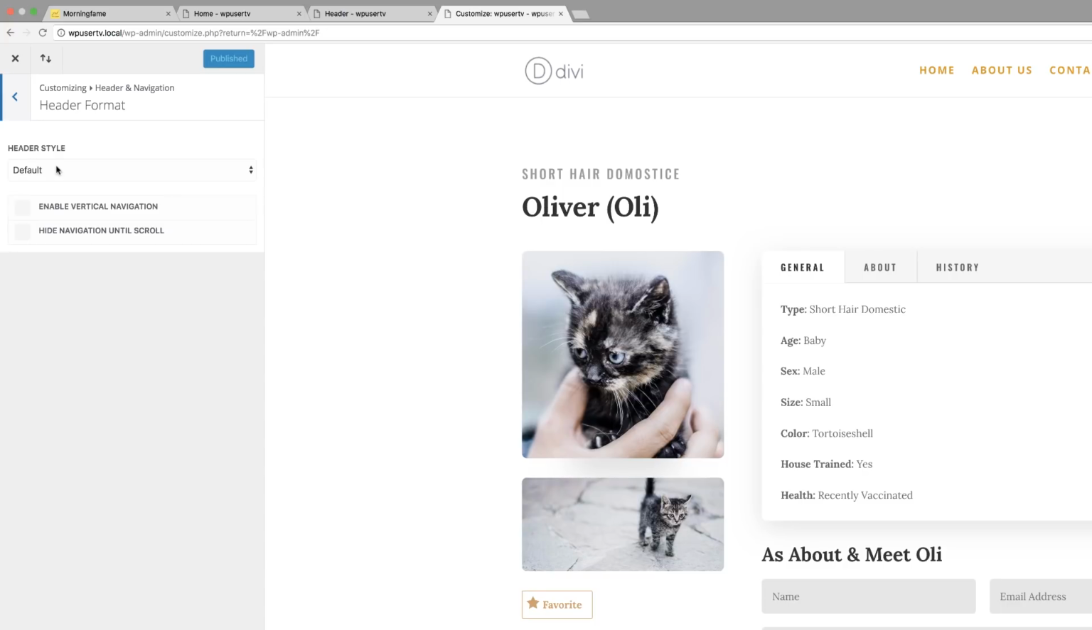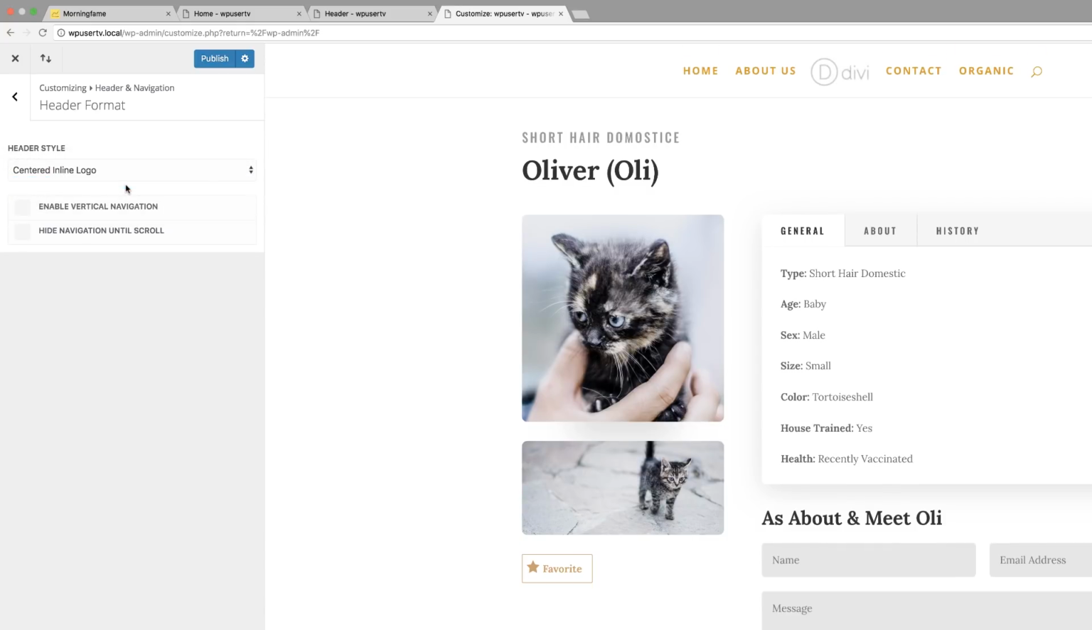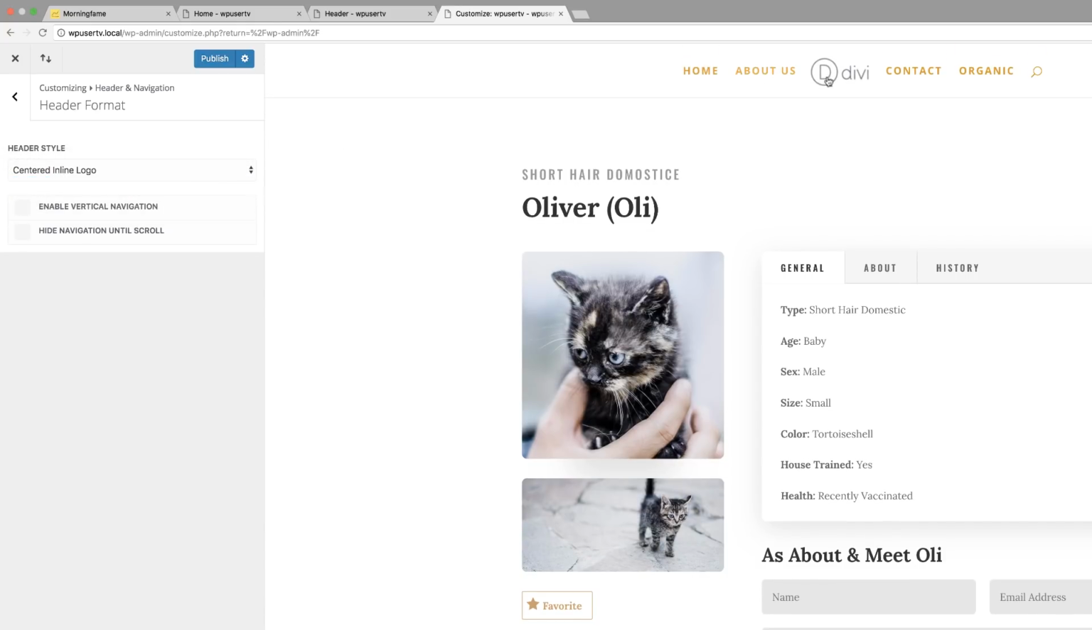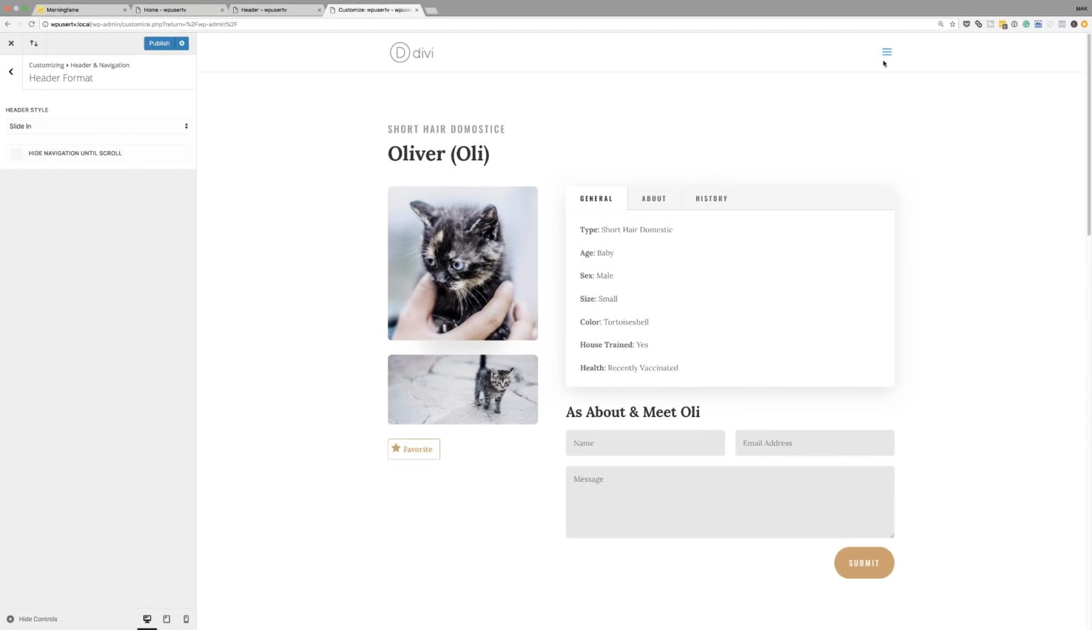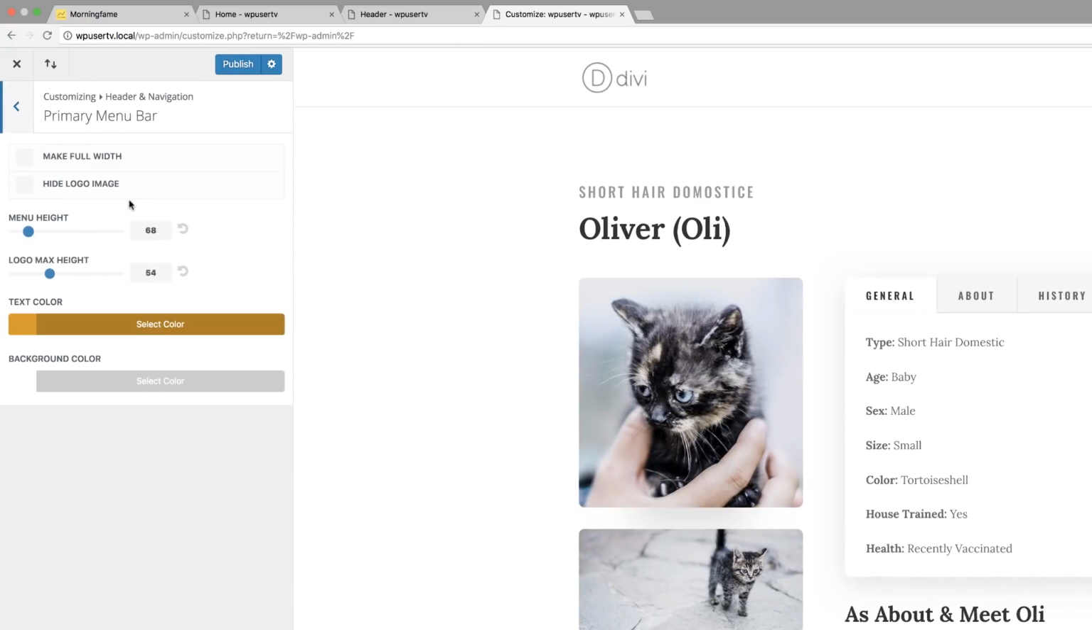So right now it's on the default style. So if we click this drop down, we see that we have several options. We have centered. So now we see our logo is now centered. We also have centered inline logo. So this logo will be between the navigation links. We have slide in, and this is the one that we are going to be using. So I'm going to leave this selected, and then I'm going to go back, click on primary menu bar, and